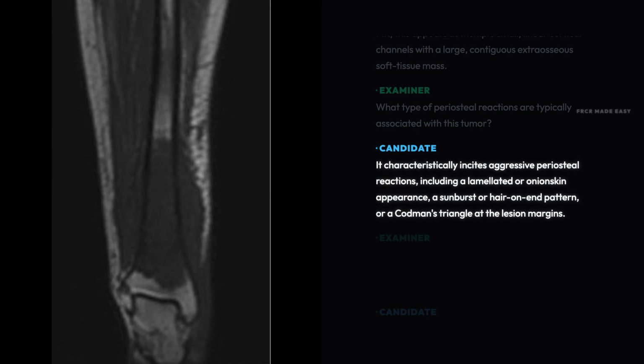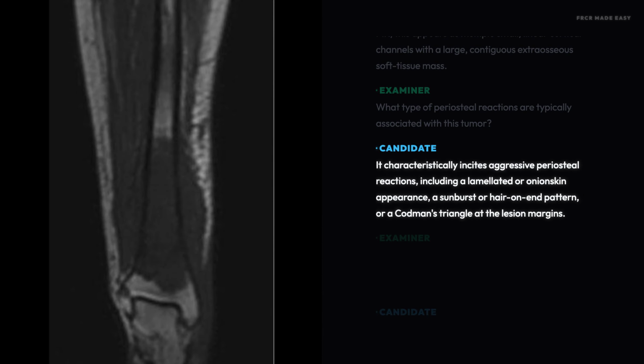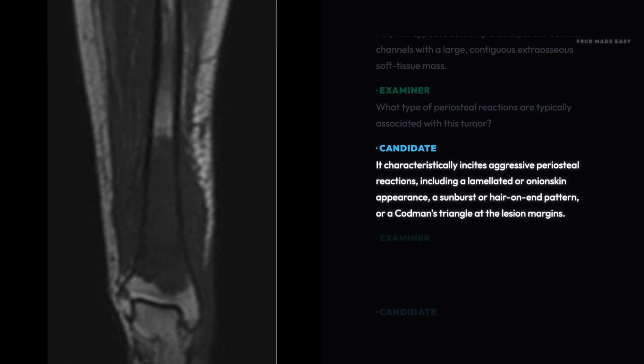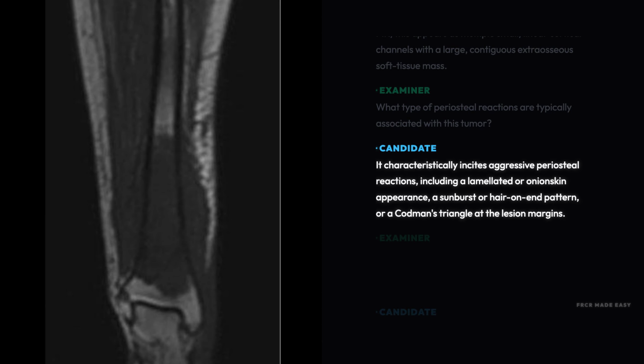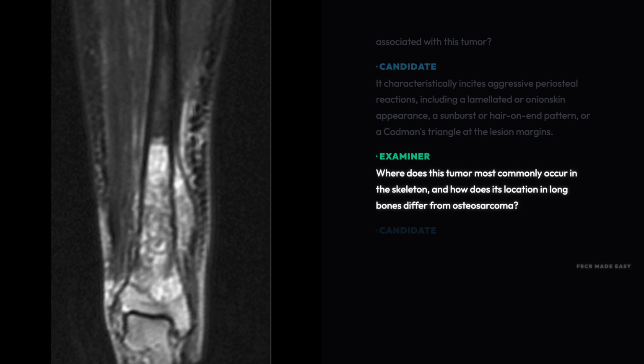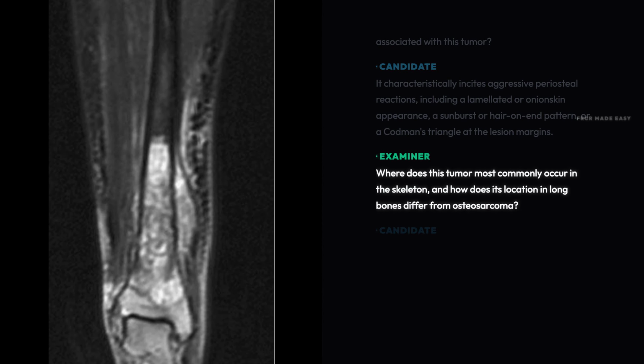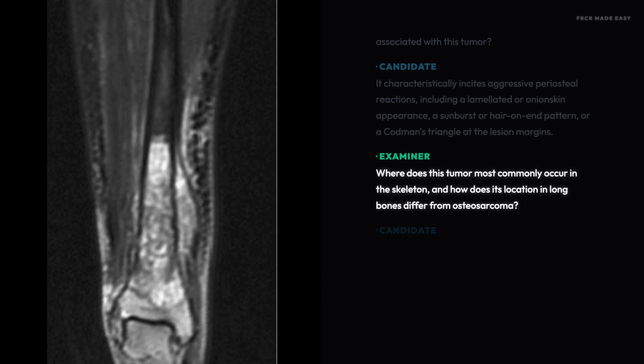It characteristically incites aggressive periosteal reactions, including a lamellated or onion skin appearance, a sunburst or hair-on-end pattern, or a Codman's triangle at the lesion margins. Where does this tumor most commonly occur in the skeleton, and how does its location in long bones differ from